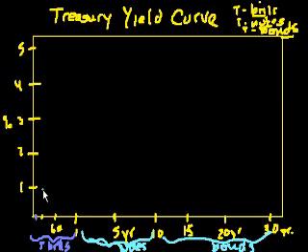This is actually an important point to make: when I say that I'm charging 6% interest for that month, that doesn't mean that after a month the person is going to pay me 6% on my money. It means that if I were to give that money to somebody for a month, then they were to pay it back, and then I were to give that money to that same person or another person for a month, and I were to keep doing that for a year, then in aggregate I would get 6%. So no matter what duration we talk about, whether 1 month, 1 year, 5 years, 15 years, when we talk about the interest rate, that's the rate that on average we would get for a year. It's the annualized interest rate.